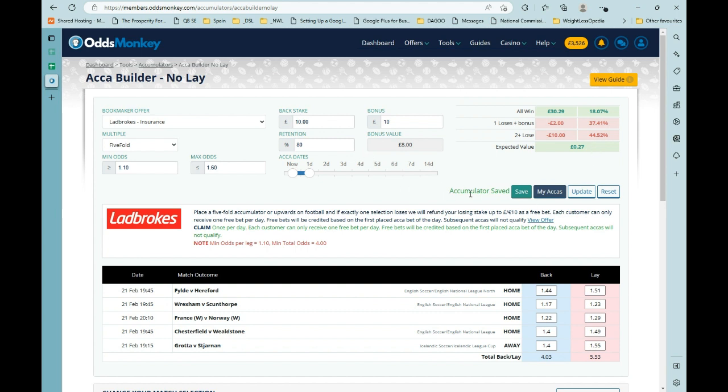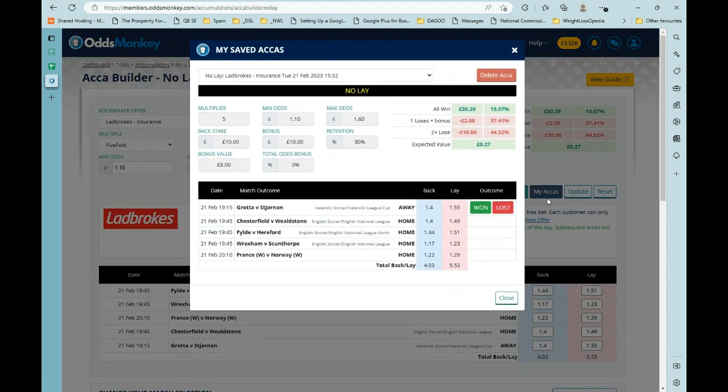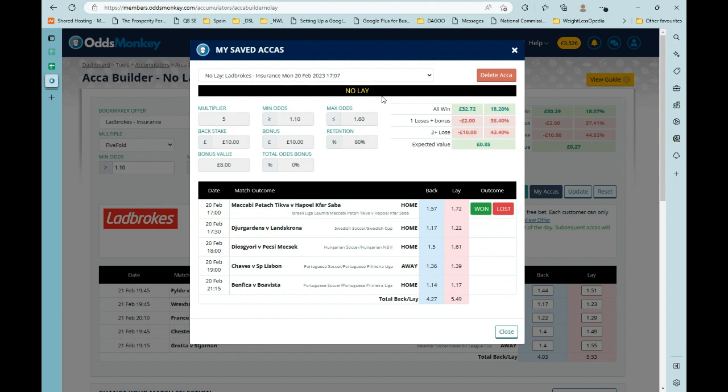this one. If I go to my ACCAs here, let's see if there's any from previous days. So yeah, still got the 18th there for some reason, not sure why. I mustn't have deleted that one. So what you do in the my ACCAs, I can pull up yesterday's, and you just mark whether each leg won or lost. I think the only one that let me down yesterday was that